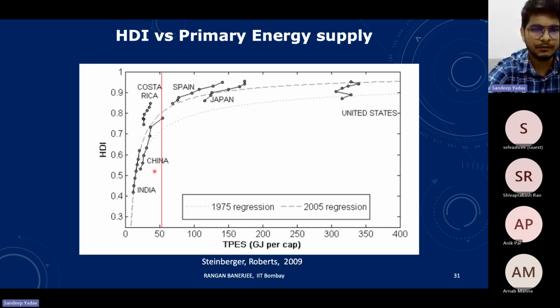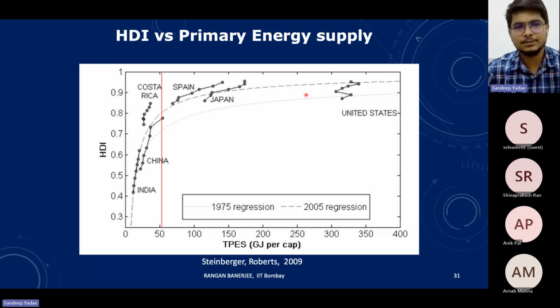If you see, this graph is from 0 to 50. This graph is increasing very steeply for India and China, and after that the graph is going more like a straight line. That means after we achieve some limit, energy intensity increases but the human development index will remain constant, because we have already achieved certain luxuries of life like education, health,